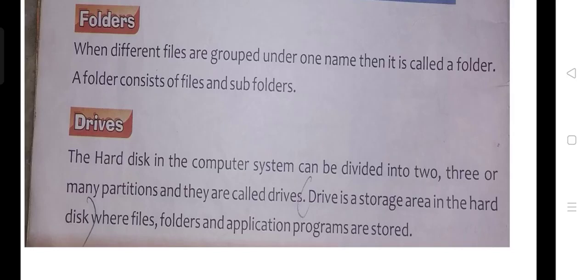For every division I have to name it, so all the divisions will be called drives. A drive is a storage area in the hard disk where files, folders and application programs are stored. Hope you all would have understood.